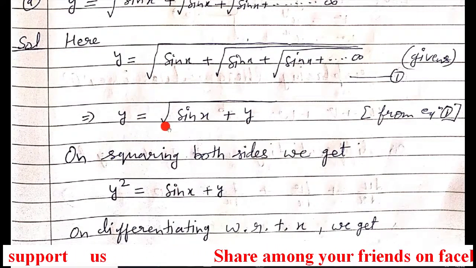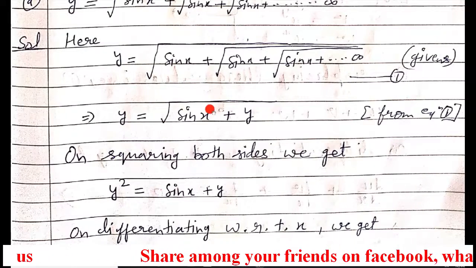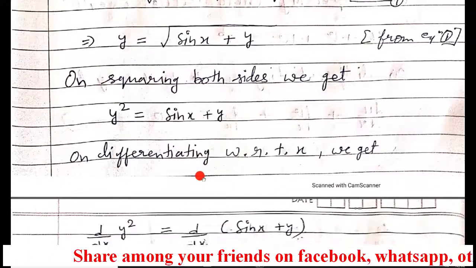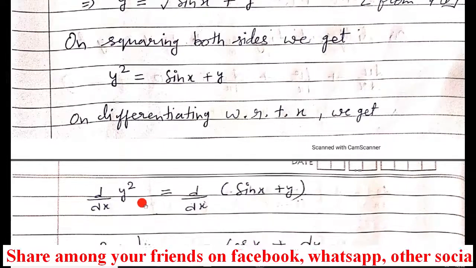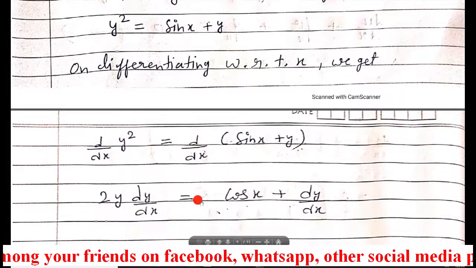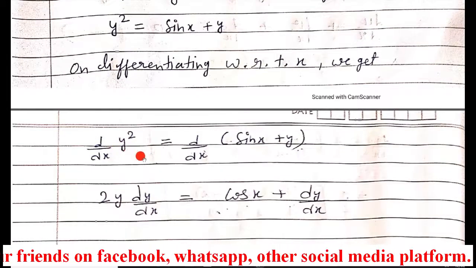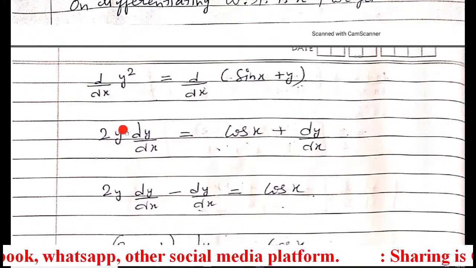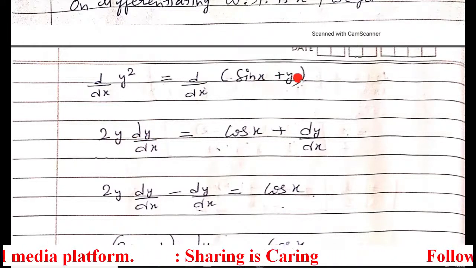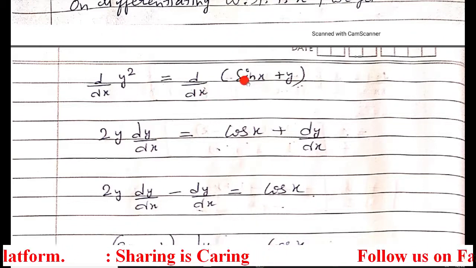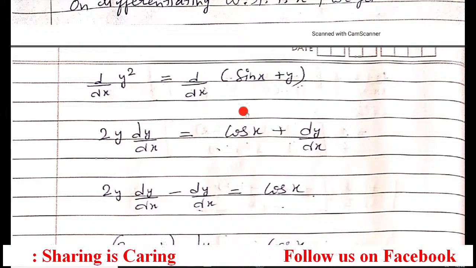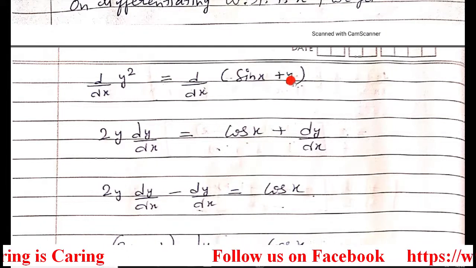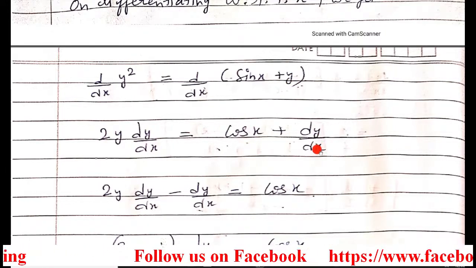Now just take the square on both sides, so the root will be removed, then after removing the root, differentiate it. When you differentiate, the derivative symbol will come on both sides. Differentiate it with the help of the x to the power n formula, that is n x to the power n minus 1. That's why 2y, 2 minus 1 is 1. Then because of the chain rule, the derivative symbol comes with y. Now here when we differentiate, the derivative symbol will go with sin x. So the differentiation of sin x is cos x. When you differentiate y, you will get dy over dx.